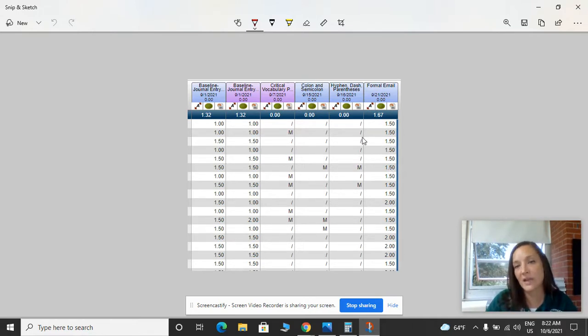Now, when you see a slash on an assignment, that means it's an assignment in which students could complete an activity to help them improve and understand and increase knowledge on something specific to a scale. If the slash mark is there, that means they did it successfully and turned it in. If it says an M, like it does right here, that means it's missing. And the student either didn't do the assignment, didn't turn it in, or it is one of the many no-name papers I have still hanging on my wall that have been there for probably about a month. So that's what that means.